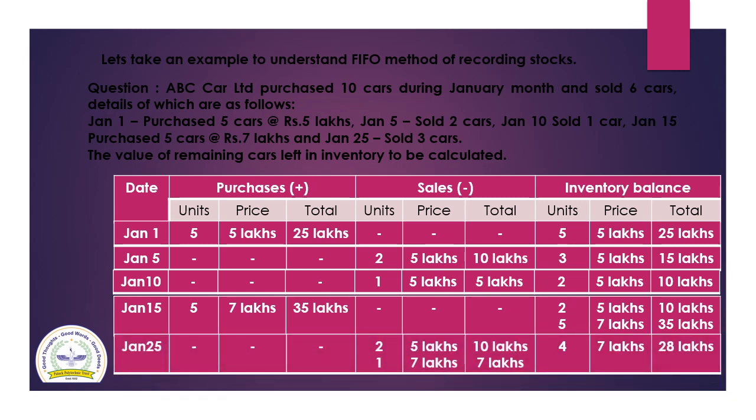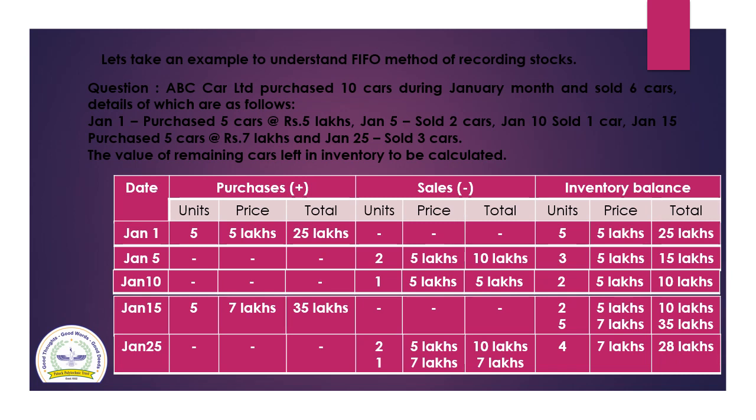Moving ahead to the last transaction, where we are selling 3 cars. In that, purchases will not have any records. In the sales column, we will have 3 cars. So instead of taking all 3 cars together, we will first sell the old ones. We are remaining with 2 old inventory cars, so 2 cars of 5 lakh each, that is 10 lakh, and 1 car will be taken from the new inventory, which is of 7 lakh each. So we will take 1 car of 7 lakh, that comes to 7 lakh.